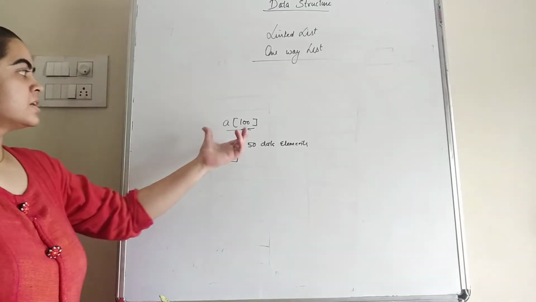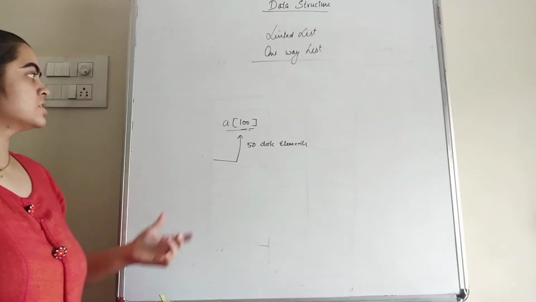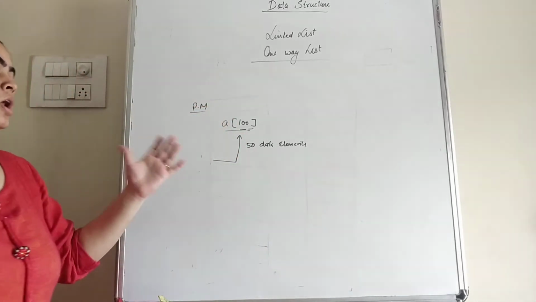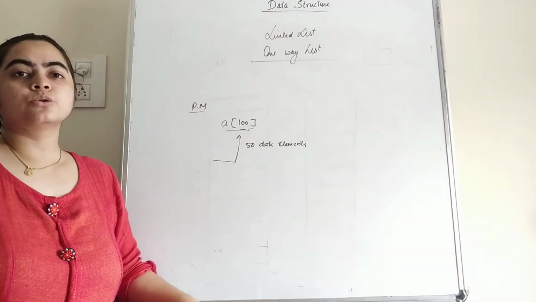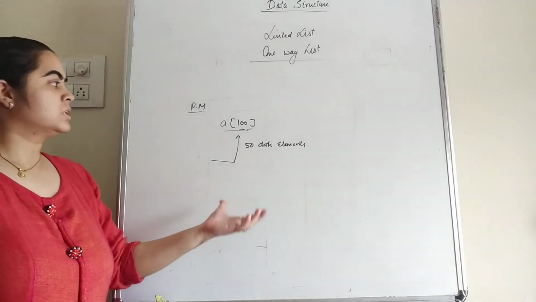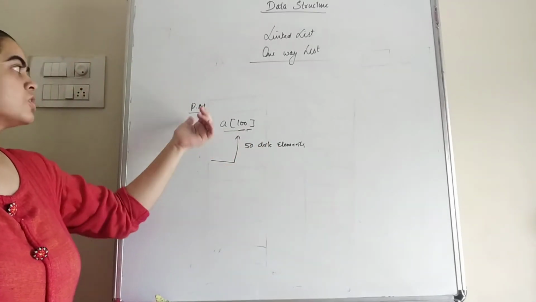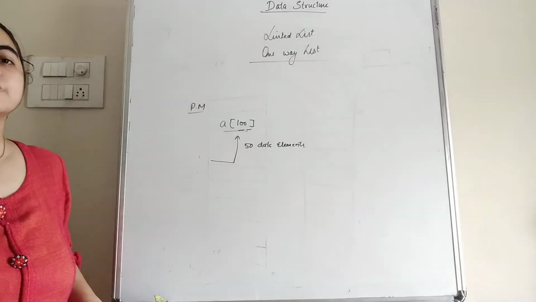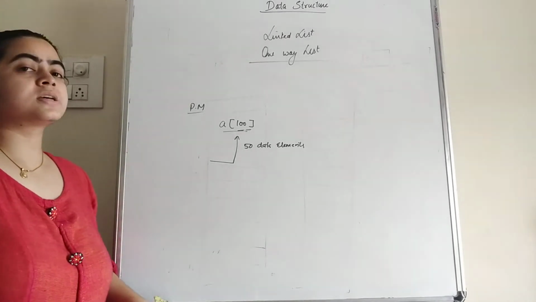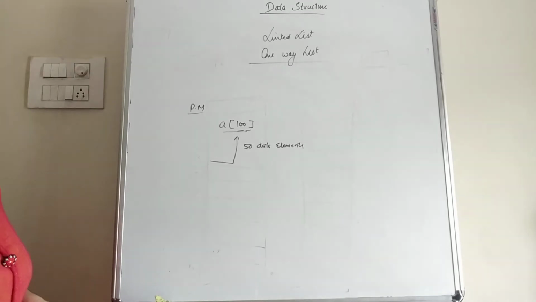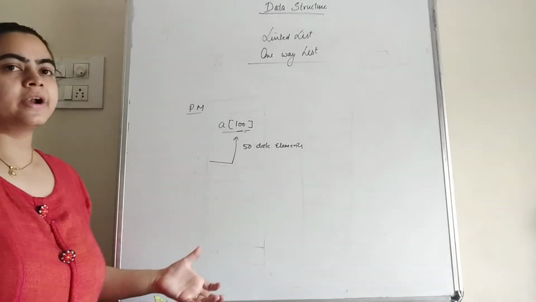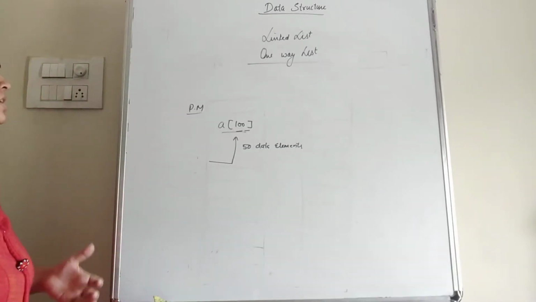So there is a wastage of 50 memory locations, and this array will be stored in the primary memory, and primary memory is anyway smaller in size as compared to the secondary memory, and that memory is crucial for other programs also. So if there is a wastage of memory locations within the primary memory, then other programs will not be run in that small memory. So other users are unable to run their programs in the memory. So first reason to use the linked list is to avoid the wastage of memory.